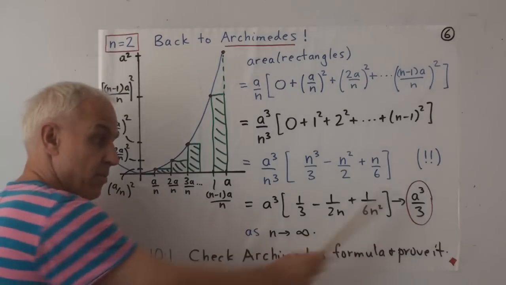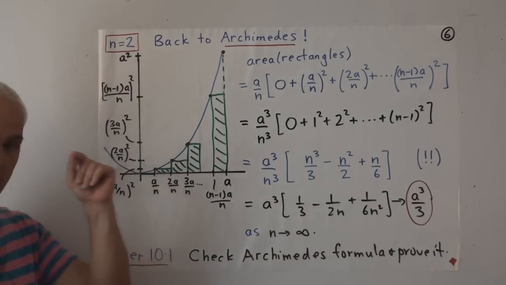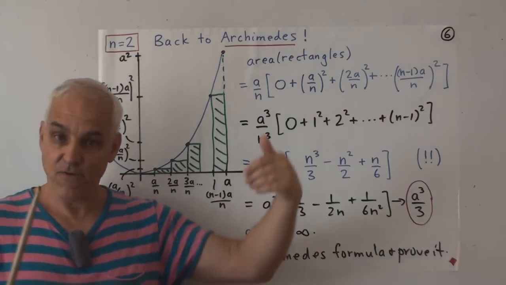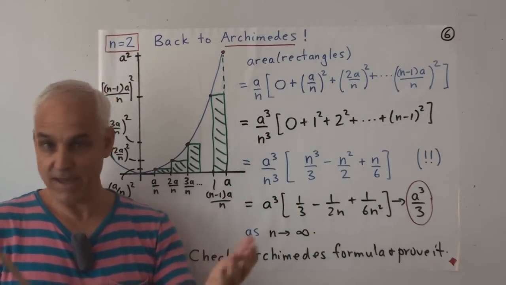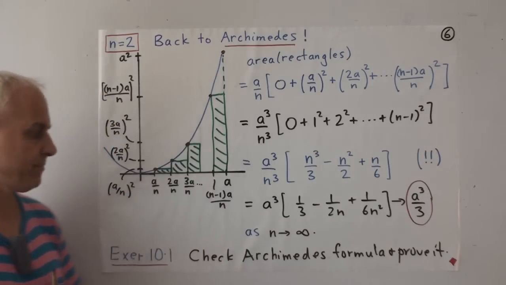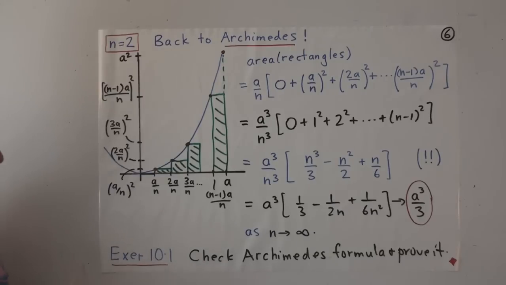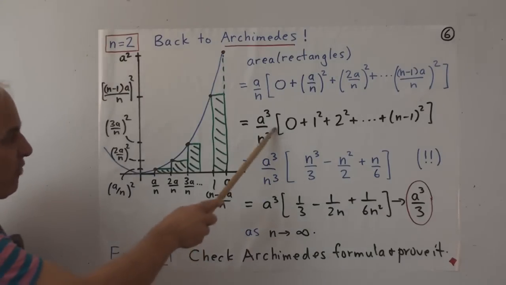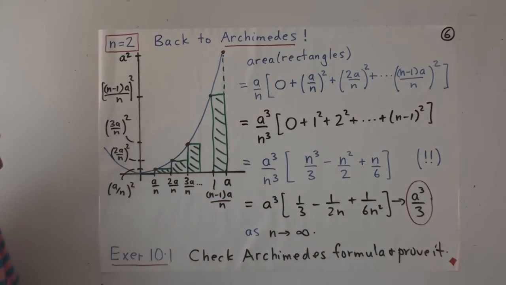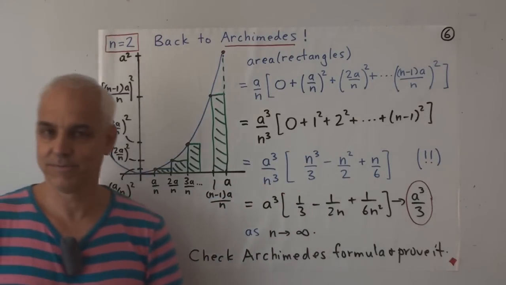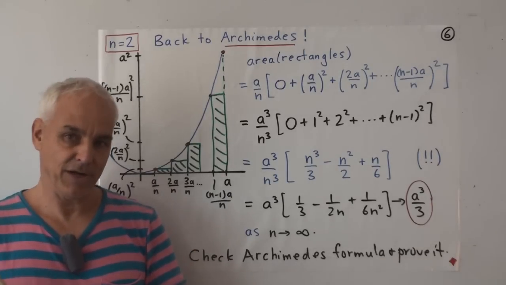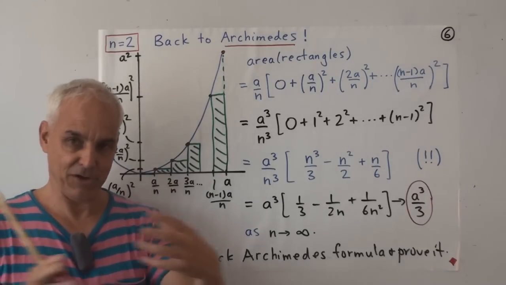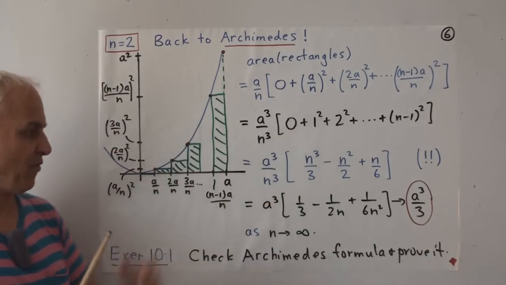So we can see that that's what it tends to as n gets big. And that's the formula that we wanted. That's the same formula that we obtained from the quadrature formula of Archimedes. So these two methods agree. Okay, as an exercise, you might like to check Archimedes' formula for some small values of n and have a go at trying to prove it. Probably most fun if you try to find some geometrical interpretation in terms of maybe little cubes, to try to prove that formula.